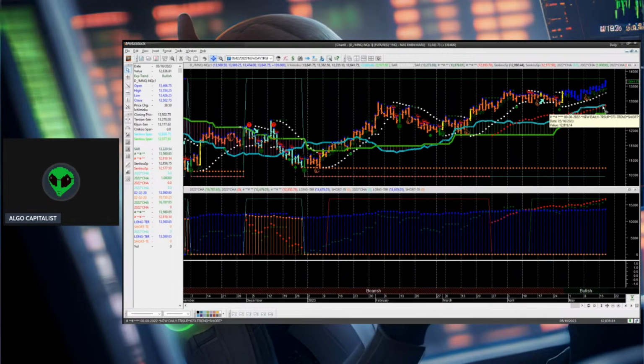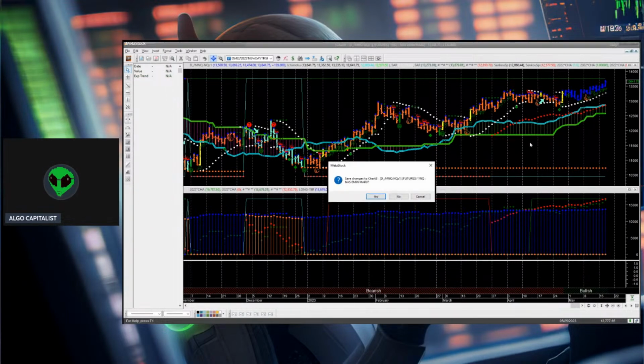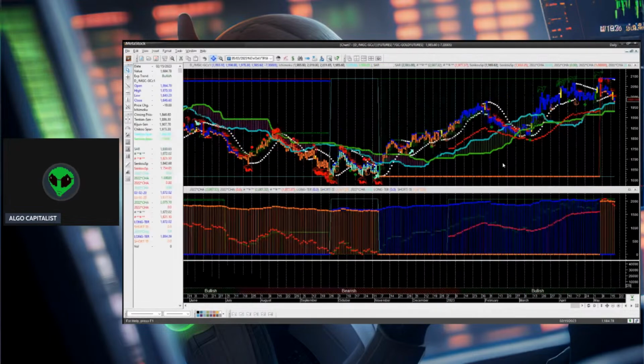All right. So between 13,000 and 12,800, we'll call it, that's your air pocket. So 13,000 and 12,800 is your support zone for any pullback right now in this market. Okay. Just something to think about on the NASDAQ. It's wide open. There's nothing you can say or do about it. It's wide open. All right, next up is gold.